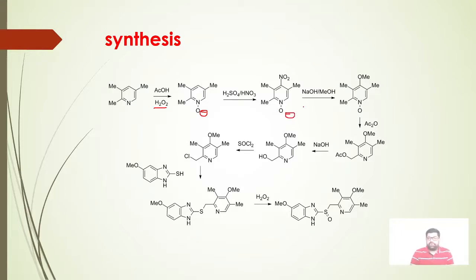Okay, so this nitro N-oxide derivative, when treated with NaOH and methanol, undergoes ipso attack or ipso substitution. You might have heard of it in aromatic electrophilic substitution. So ipso substitution of this OMe over here will remove this NO2 and we get OMe over here. Friends, once we get OMe over here, the next step is very important, and in one of the CSIR NET exams this step was asked. So this is a treatment of the N-oxide with acetic anhydride.